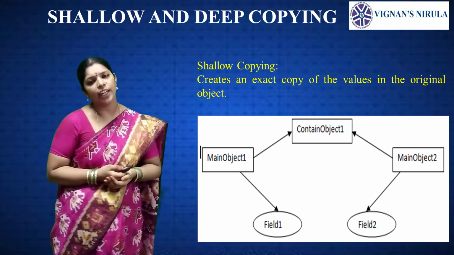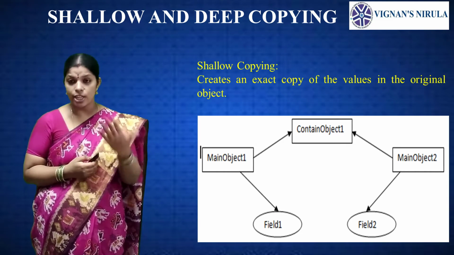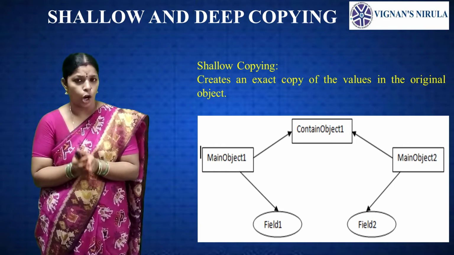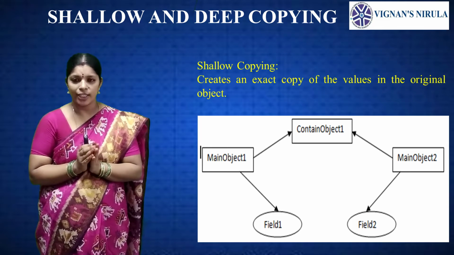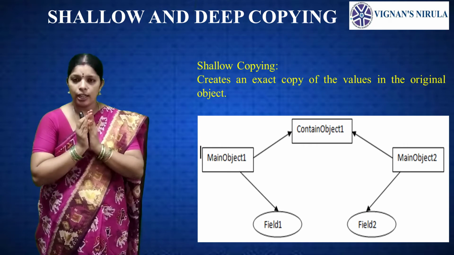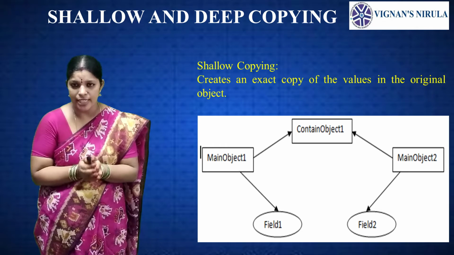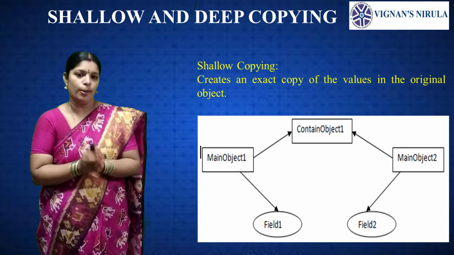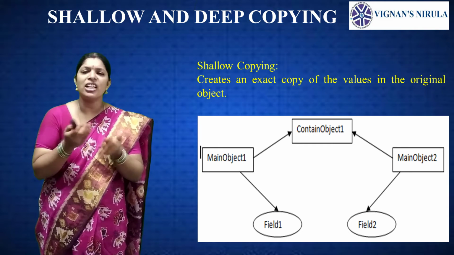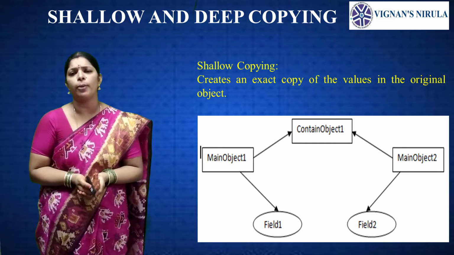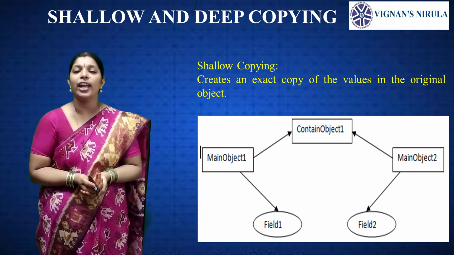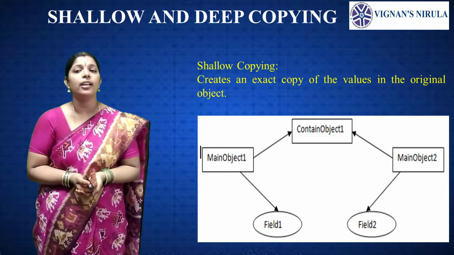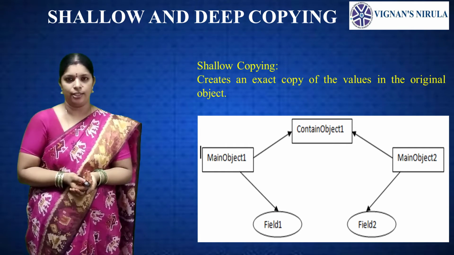In Java, we are creating a copy of an existing object, and the resulting copy of the object is known as the object copy or simply copy. There are several ways to copy objects. The most common ones are the copy constructor or the clone method. So what is meant by the clone method? By using the clone method, we are creating a copy of the object.